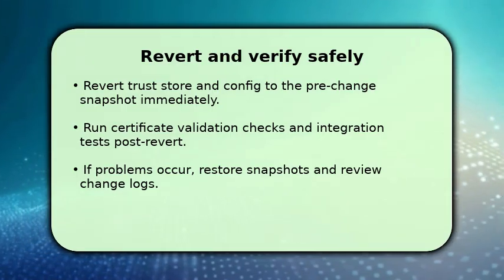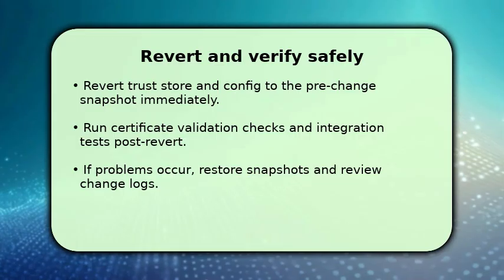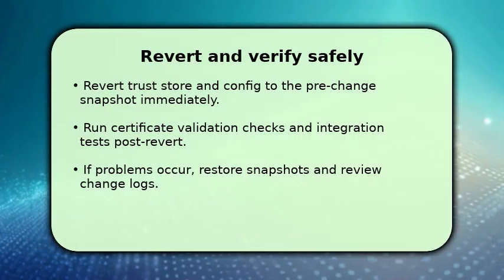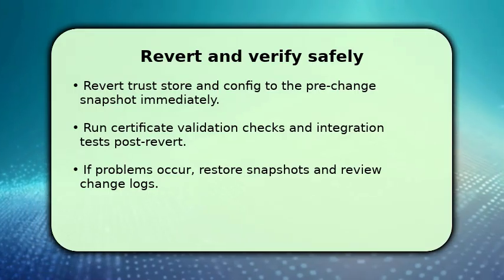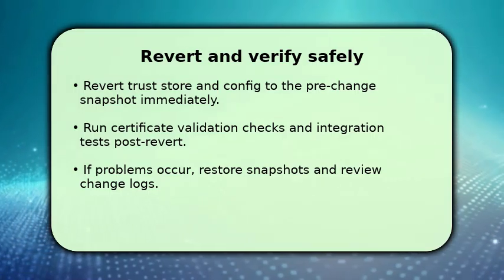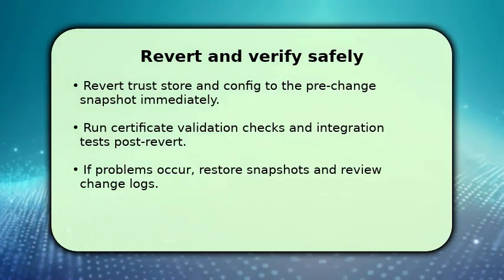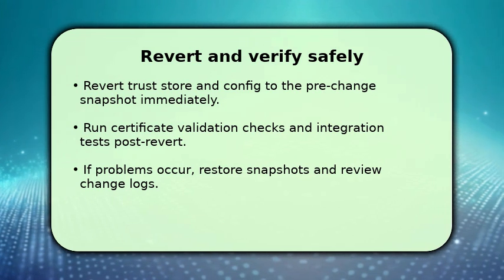If you encounter failures, stop further changes, restore the snapshot you created earlier, and inspect the documented changelog to find what persisted. One key troubleshooting tip: if clients still fail validation, check for cached trust stores and